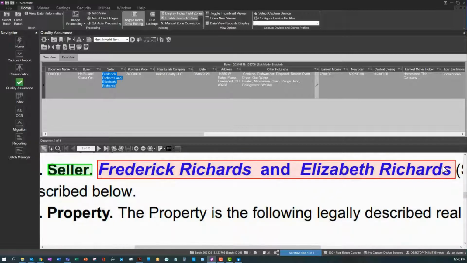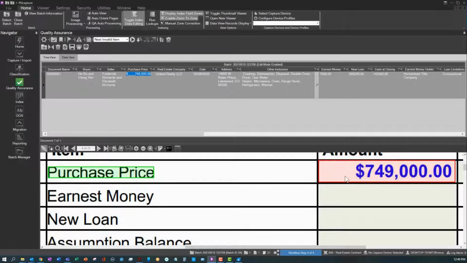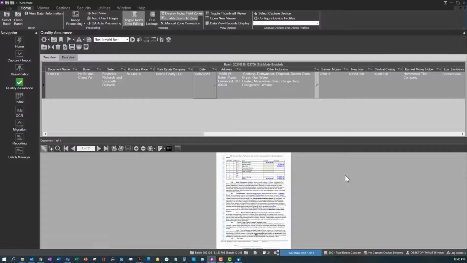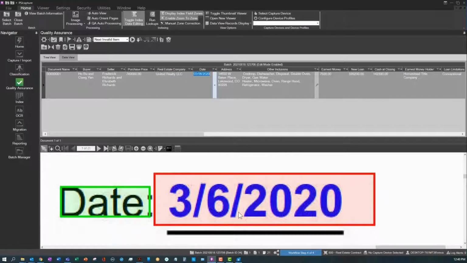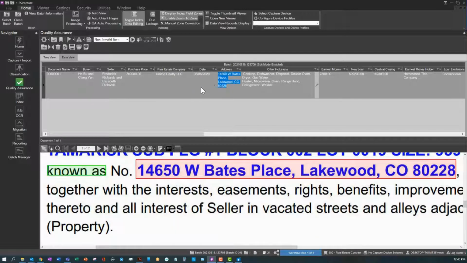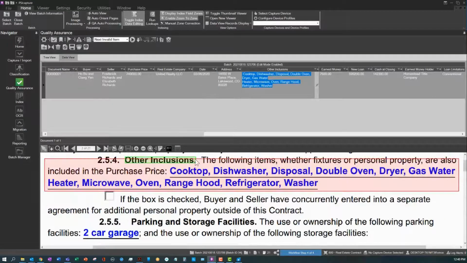You see the seller and the seller information, the purchase price, the date, and notice that we've added the 2 zeros in the field to go into Resware, the property address,